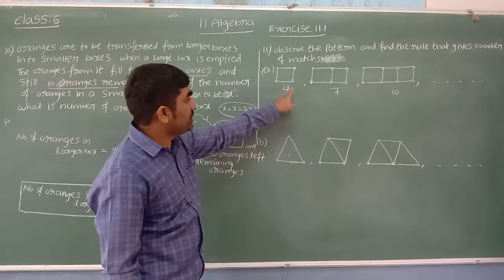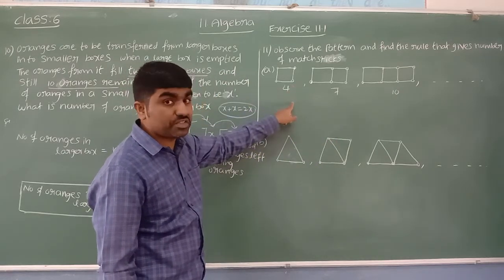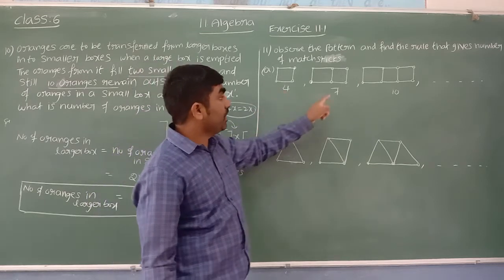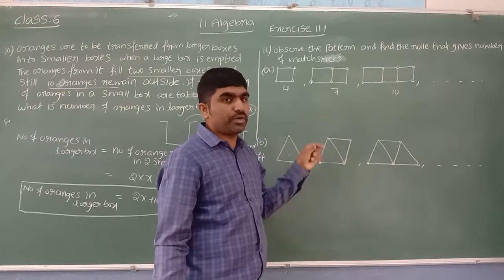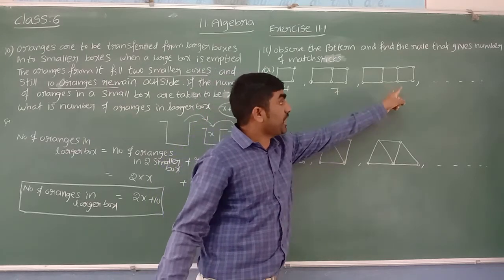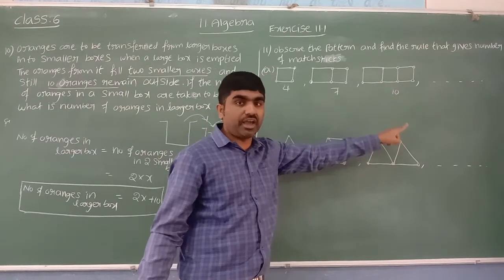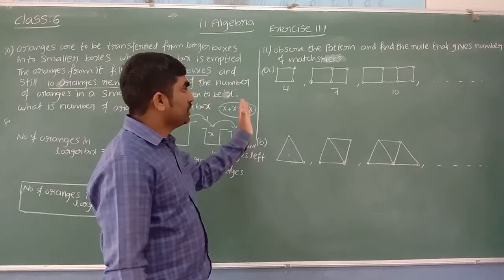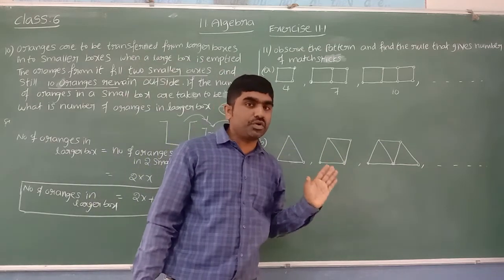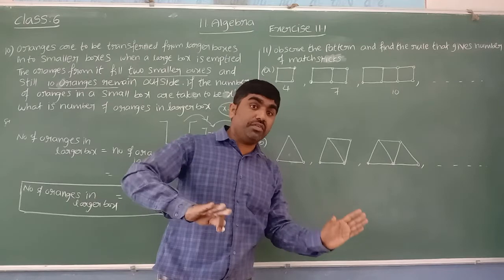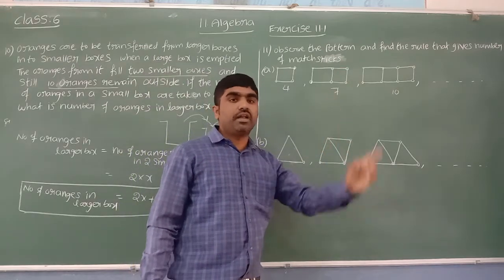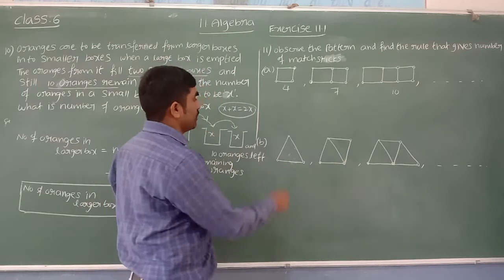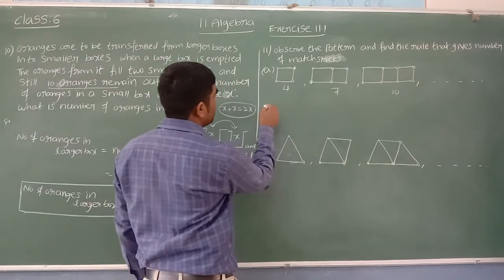Yes. From 4 if I subtract 1, which gives 3, a multiple of 3. If I subtract 1, 7 minus 1 is 6, a multiple of 3. From 10, if I subtract 1, 10 minus 1 is 9, a multiple of 3. These are not multiples of 2 or 3, but if I subtract 1 from each number, I can make them multiples of 3. So let us subtract 1 from each.